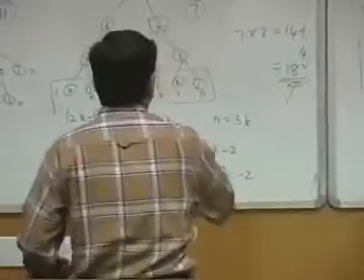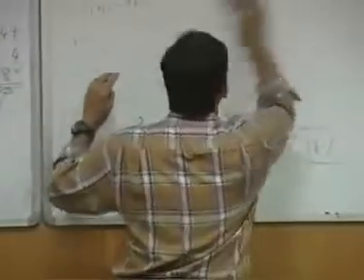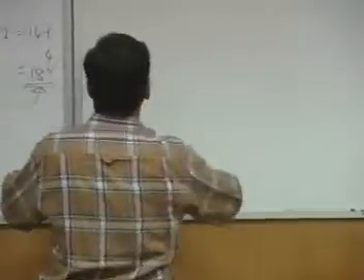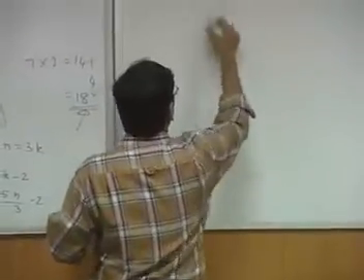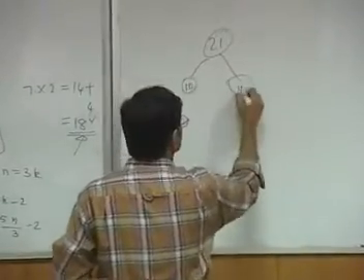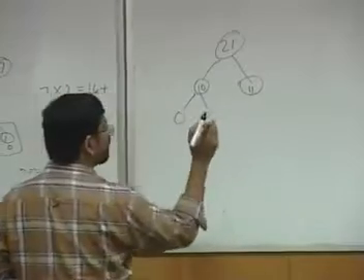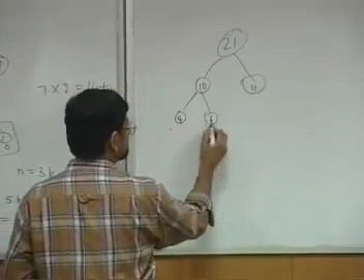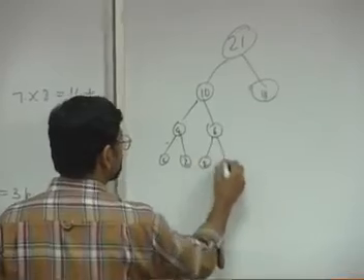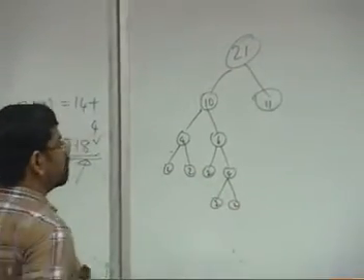Let us look at splitting 21. In this algorithm, in the same method, you split 21 and see what happens. 21 will be split as 10 and 11. That is not a problem. But 10 is going to be split not as 5 and 5, but as 4 and 6. This 4 will be split as 2 and 2, and this will be 2 and 4. This 4 will be split as 2 and 2. So everywhere you have 2 here.